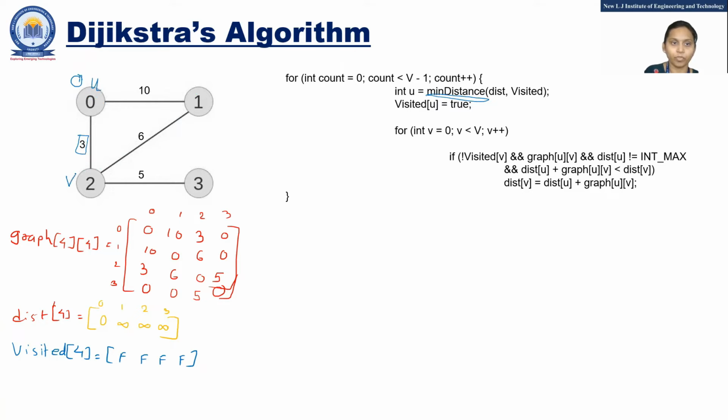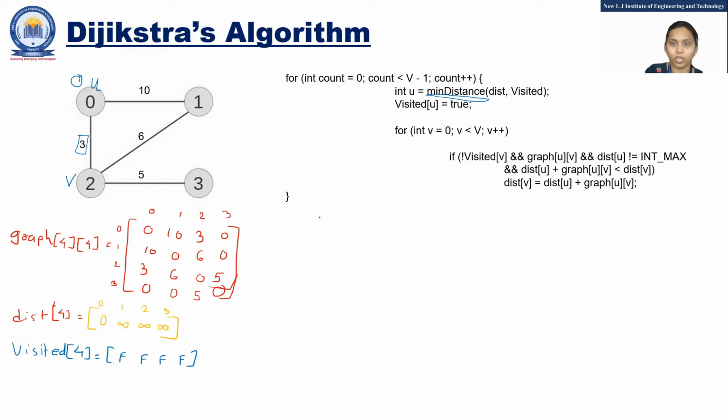And what is v? So v is the loop where you have to check whether it has the smallest distance or not. So if you don't want to go with the code, just focus here. From the graph, you will try to understand what is the minimum edge, and you find that 0 is the source node, and from the source node, the minimum distance is 3. So u and v are declared.